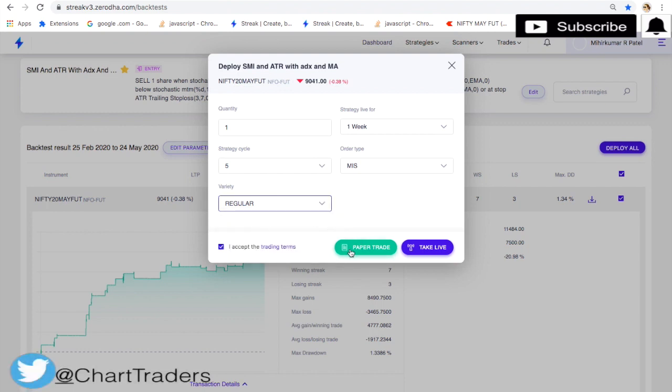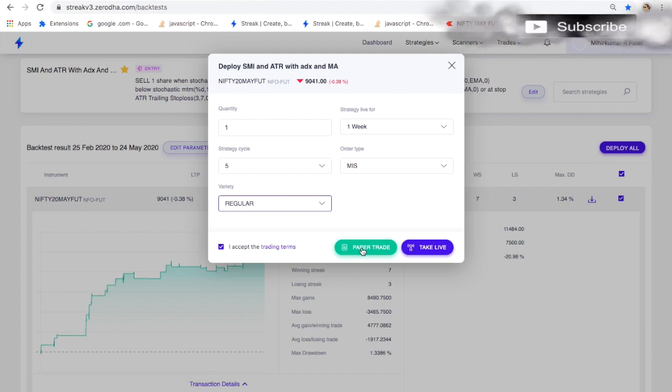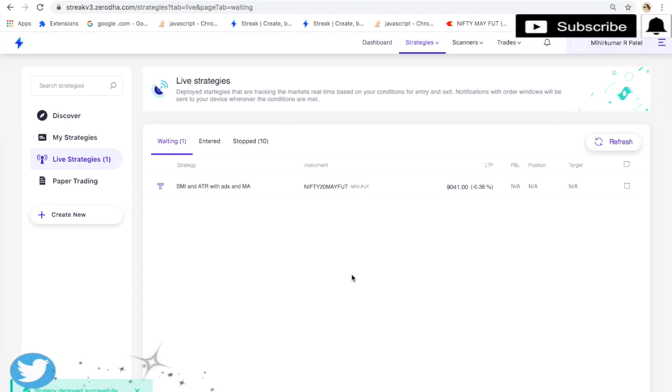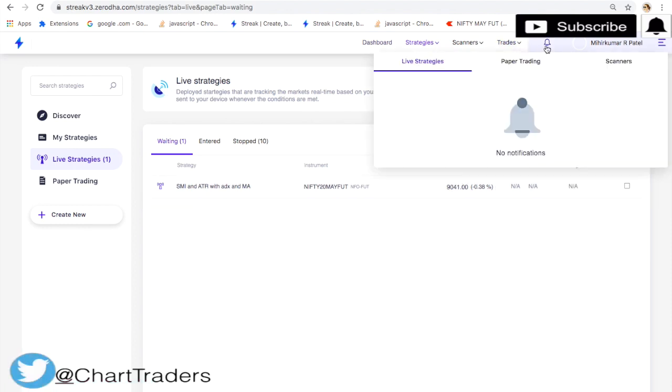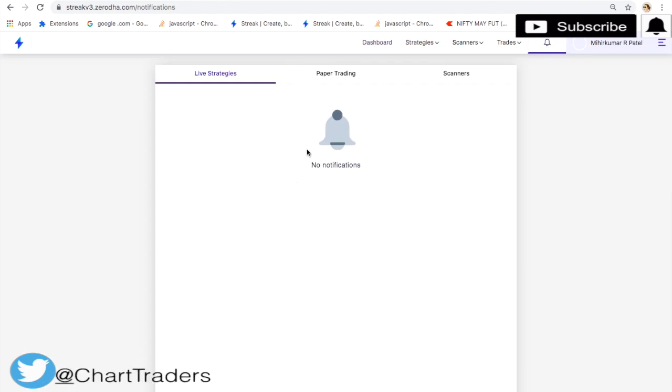Now whenever you apply paper trading, it's like virtual trading. No trade happens in your trading account. In Streak we can see in a log the buy time, buy price, sell time, sell price. So no trade will happen in your trading account. But once you take it live, it is going to match the buying condition. Once the buying condition is achieved, a notification is given. In the notification you have to click on buy, because buy and sell is manual.